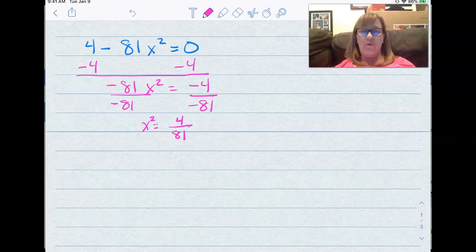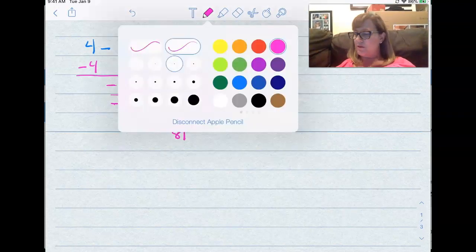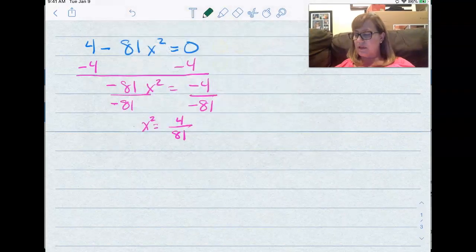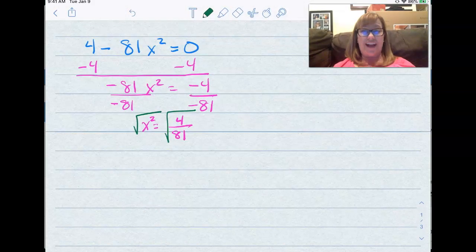Right now, we're looking here at x squared equals a number, right? The number is 4/81. We want to take the square root because that's how you undo squaring. And we've got to take the square root of the fraction as well. So the square root of x squared is x. This is a positive number underneath the radical sign. So we can go ahead and do that, and we know the answer is going to be a positive or